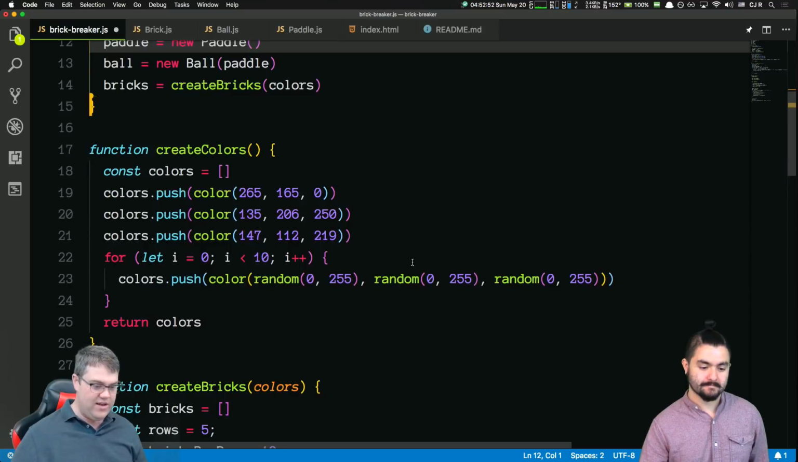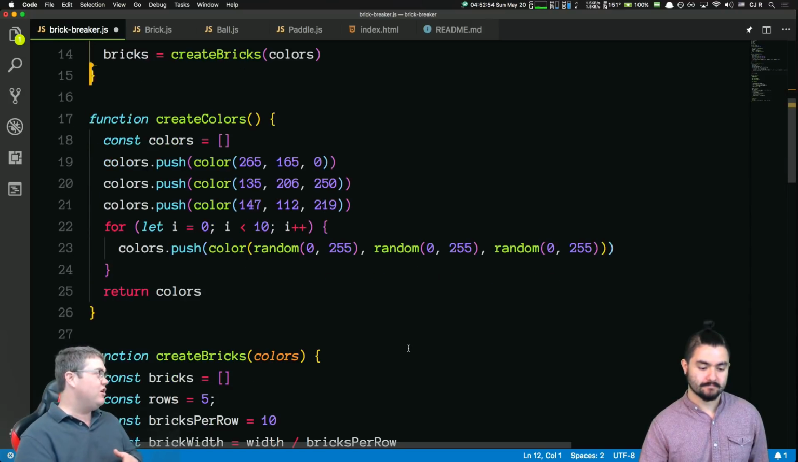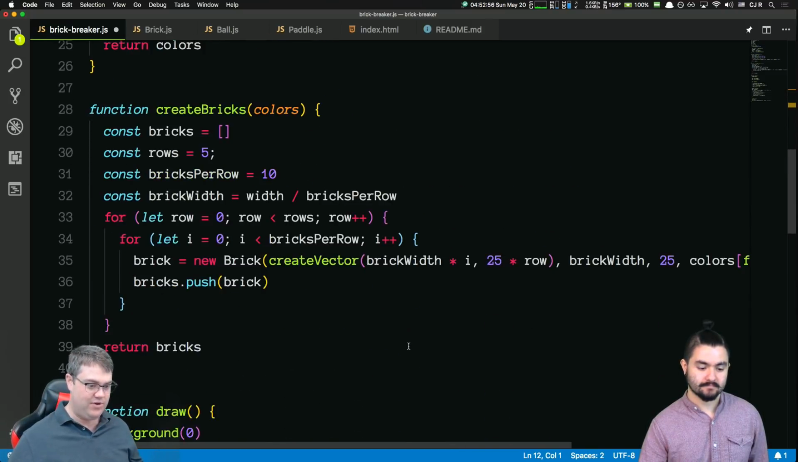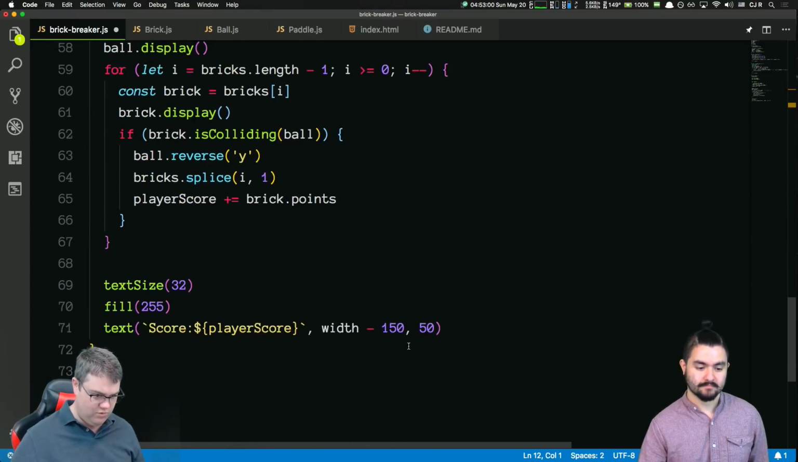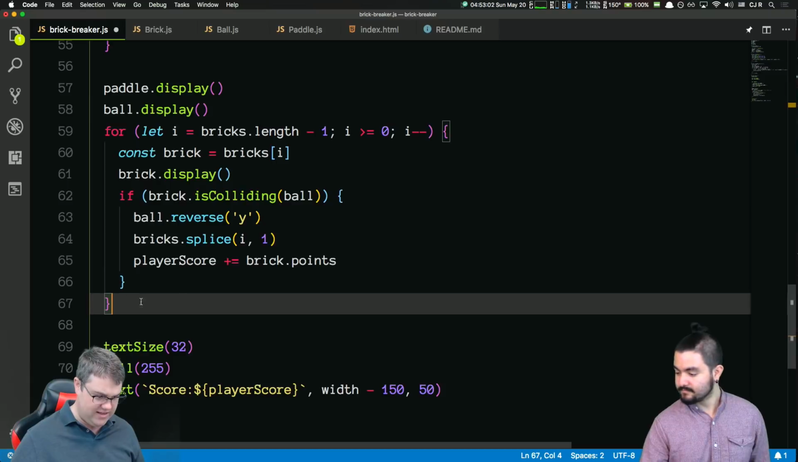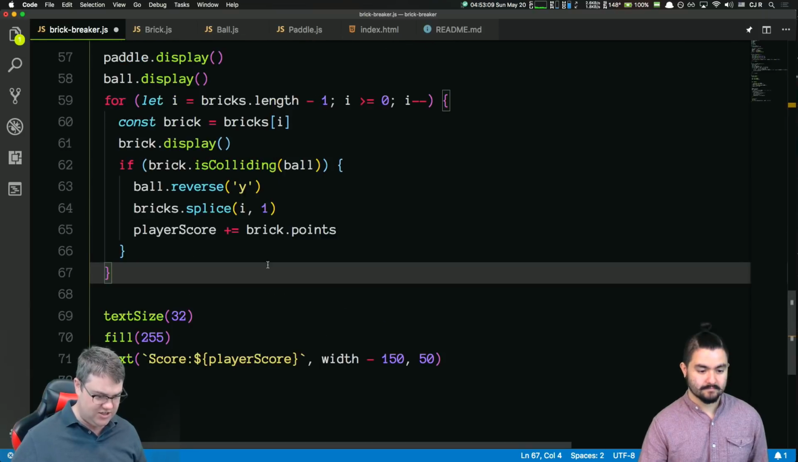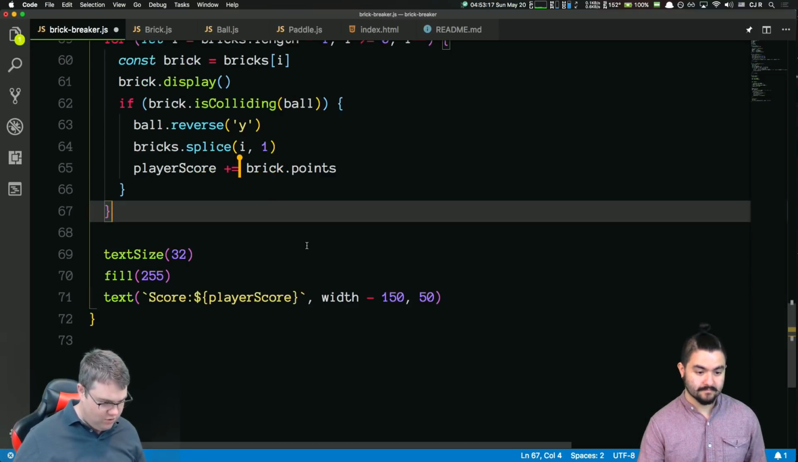Then if at any time we no longer have any bricks. So we can find that out down here in draw, right when we're looping through. In this section, when we kill the brick, if there are no more bricks after this, so at the end of our for loop,